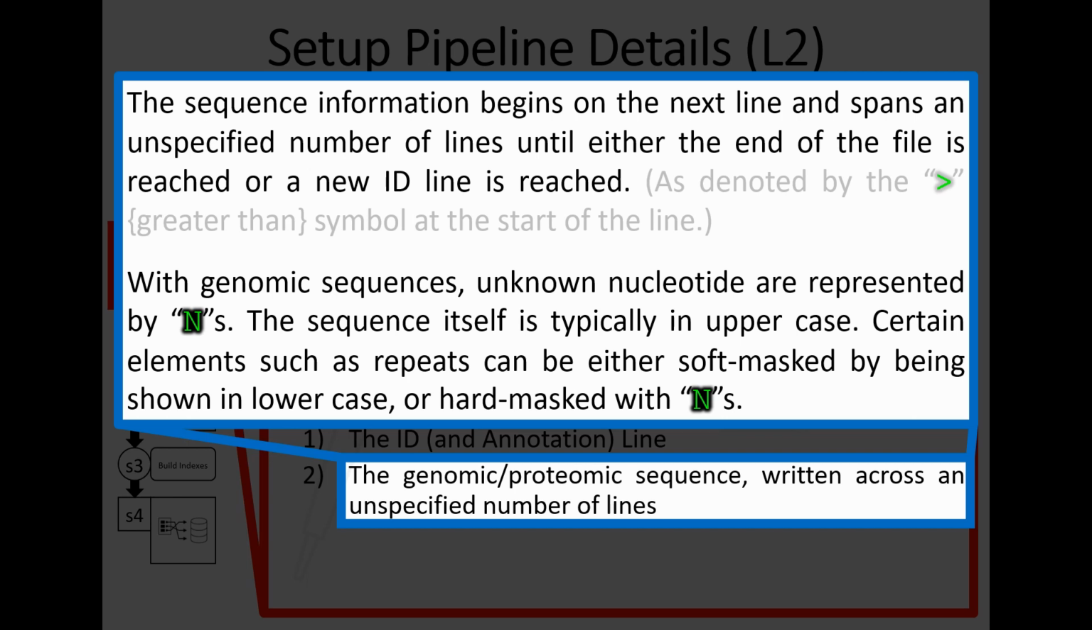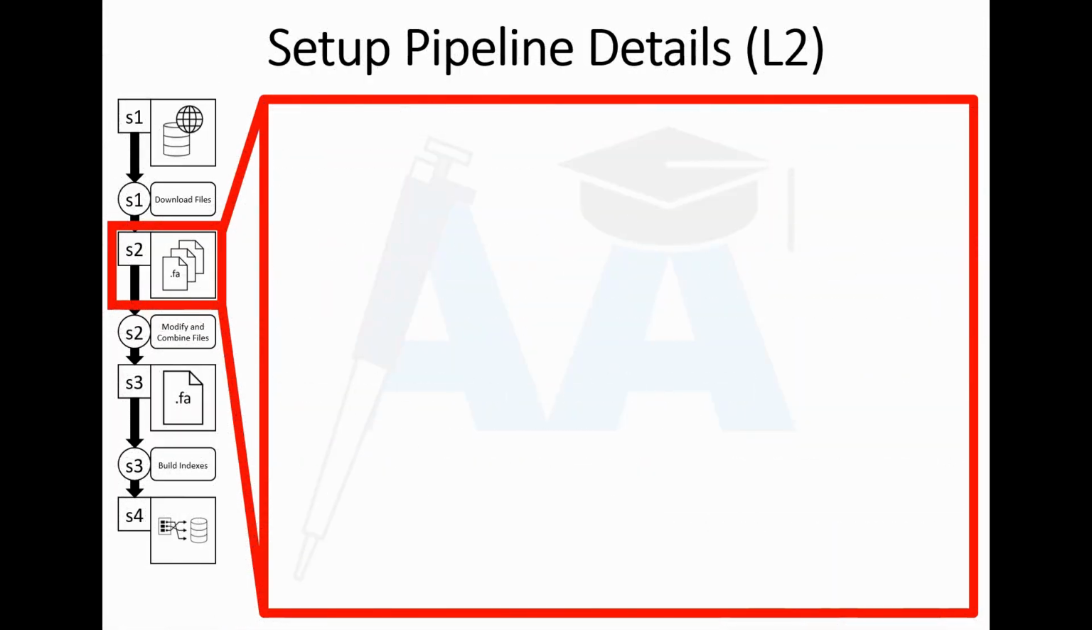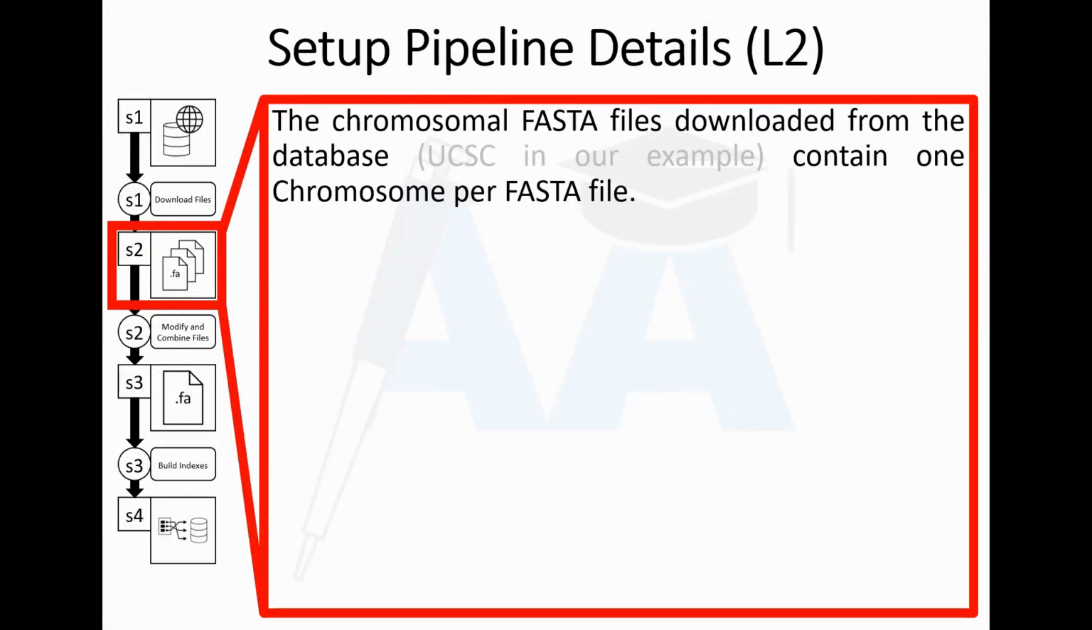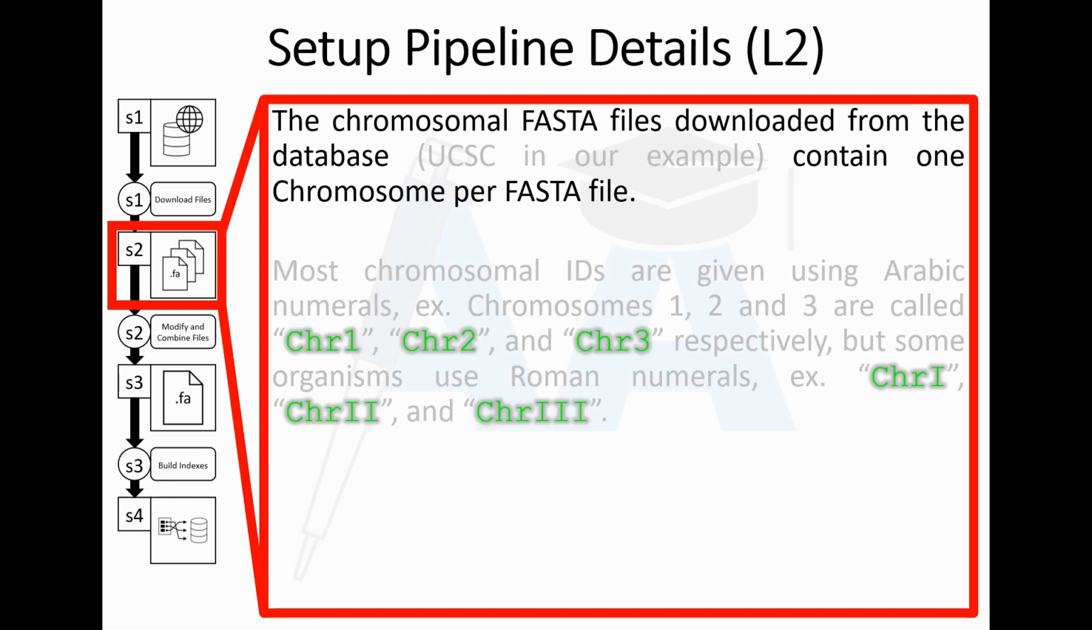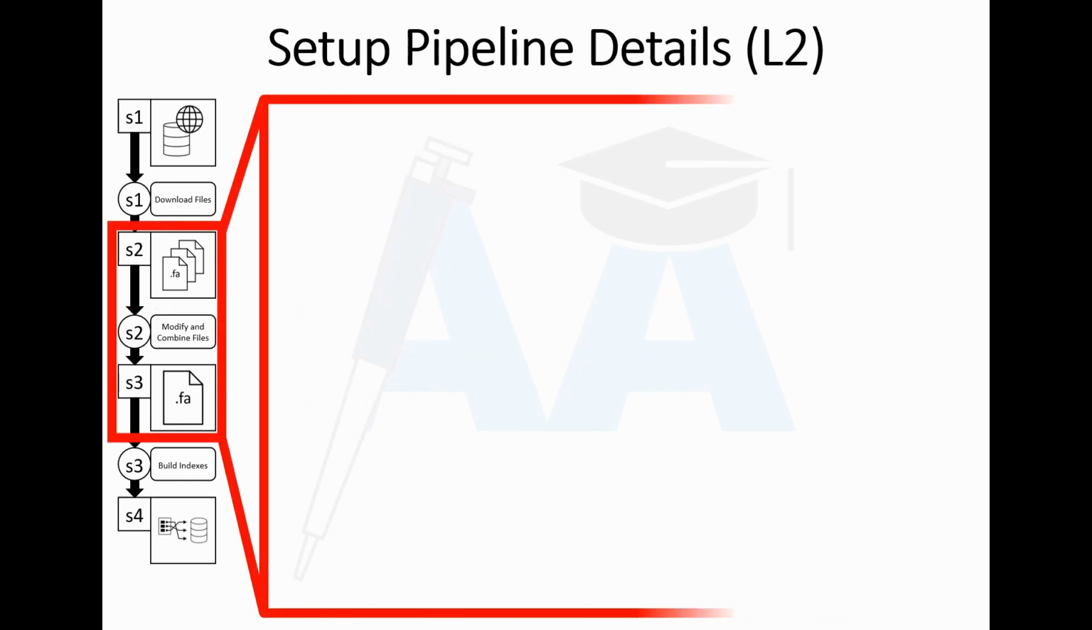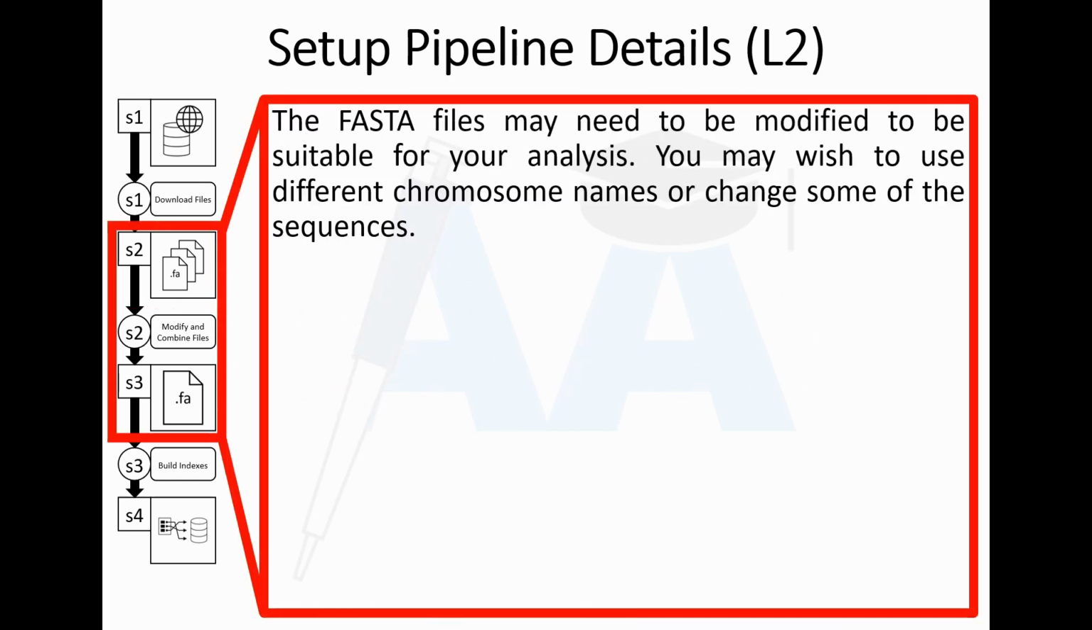Let us go back to the chromosomal FASTA files we downloaded. They contain one chromosome per FASTA file, so they can be referred to as chromosomal FASTA files. Most chromosomal IDs are given using Arabic numerals, although some organisms, like C. elegans, use Roman numerals. Now that we know what we are working with, we can talk about the modification and